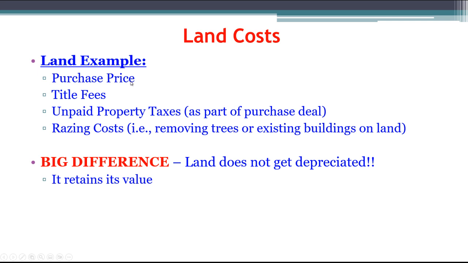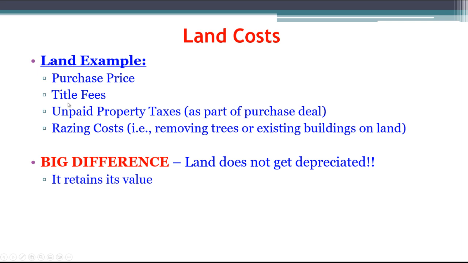Now we might have a gain or loss on the sale of land at the end, but during its use, we do not do anything with it. It keeps its original value. So an example for the costs that we would capitalize for land would be the purchase price,